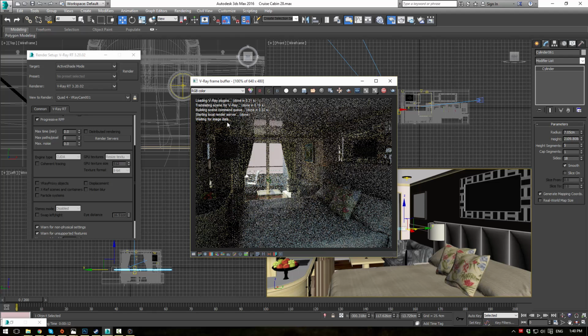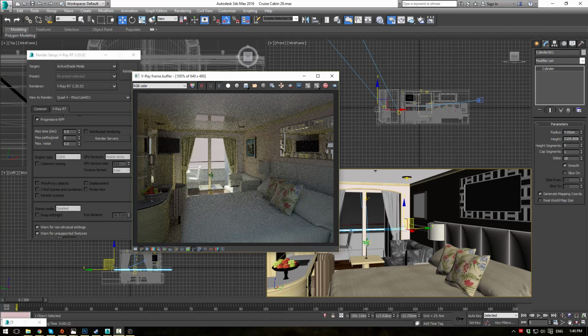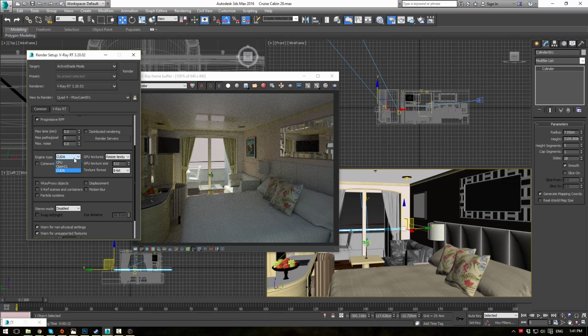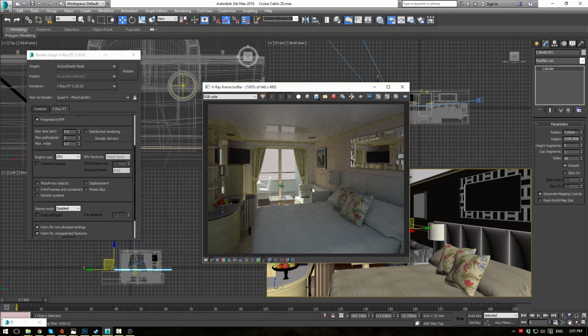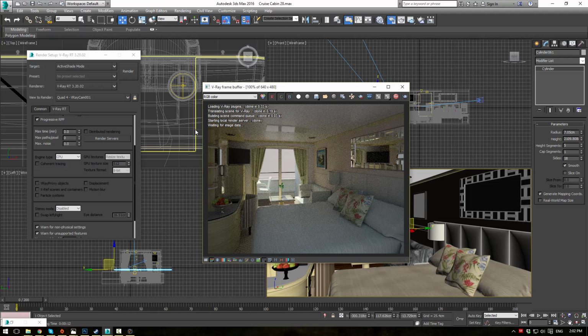Let it start up. Alright, this is pretty brutal. We're going to stop this rendering here. It's killing my processor, or my graphics card. Alright, so we're just going to switch back to CPU. That was just causing my computer to die, so we're just going to use the CPU. If I had 2 graphics cards, it would have been better, but I don't yet. So we're going to go back here into Active Shade and